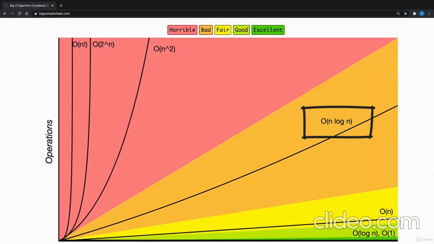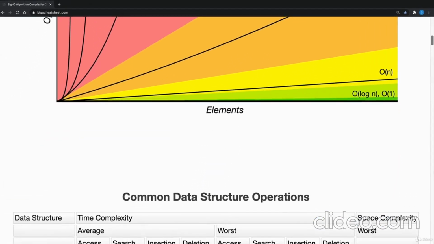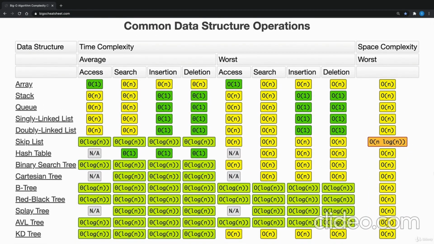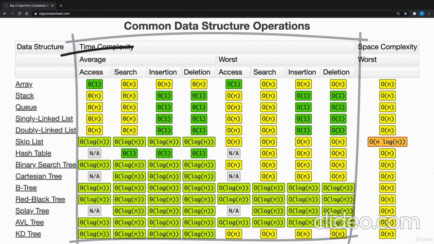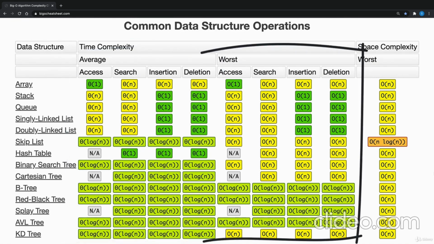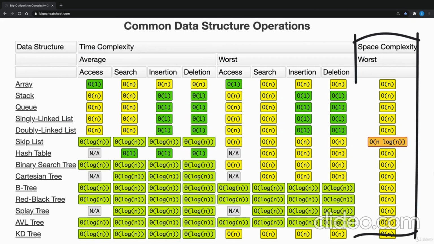Remember, O of n times log n is going to be when we are using certain sorting algorithms. And down here is where we want to stay most of the time. So let's scroll down a little bit here. It has these tables. So these are common data structures. So we have time complexity here, and it's broken into average. Notice these are all beginning with the Greek letter theta, and worst, which begins with the Greek letter omicron, or O for big O. And space complexity over here, notice they're all the same, except for one of them,